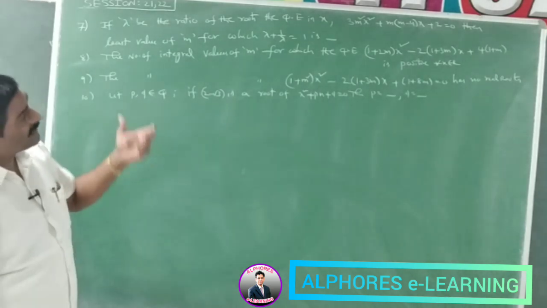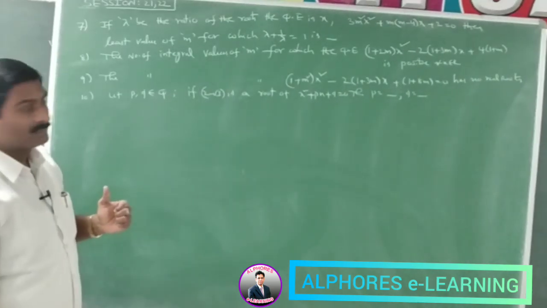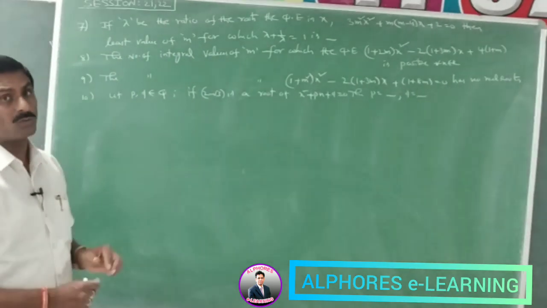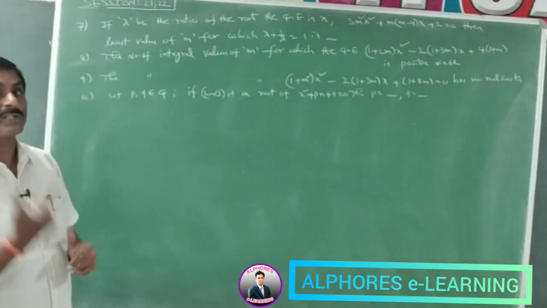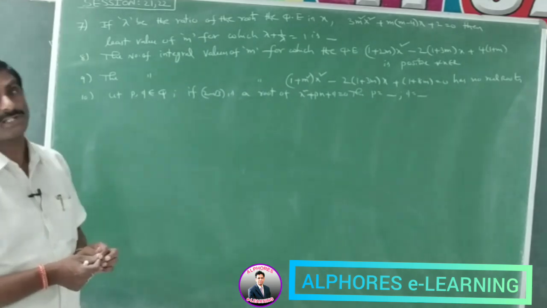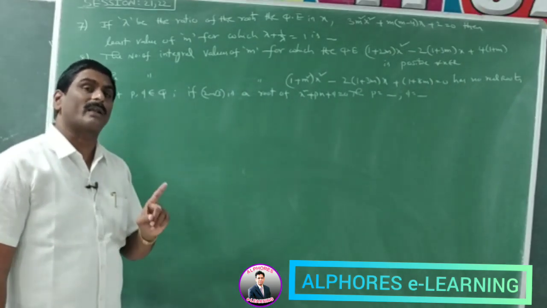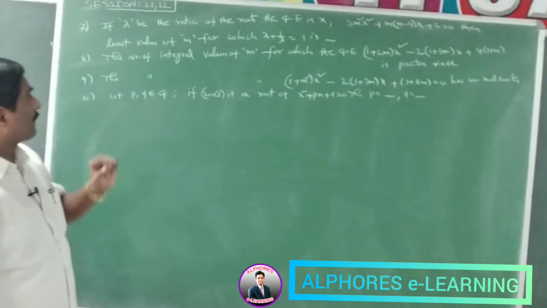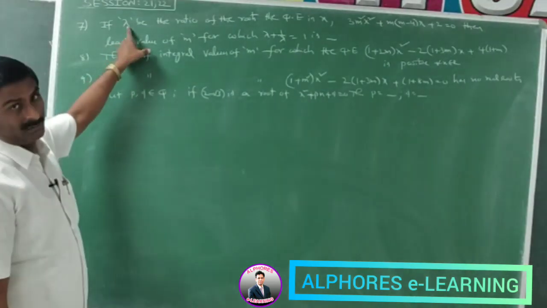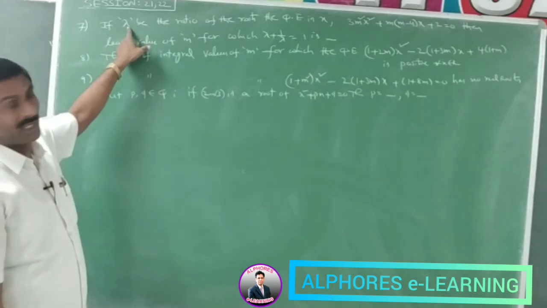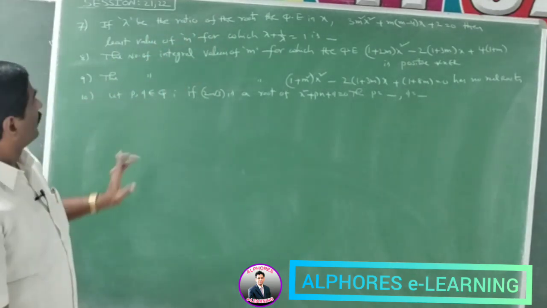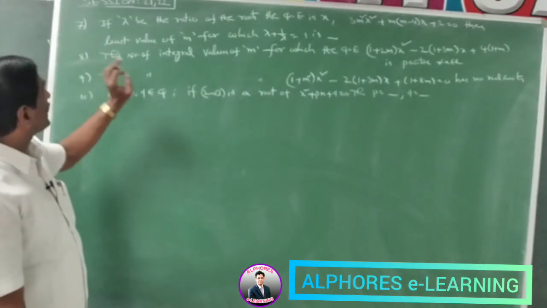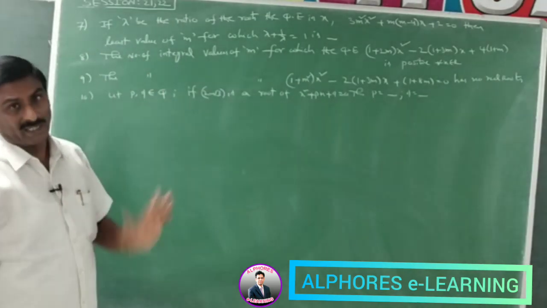In this case, a quadratic equation is given and lambda is the ratio of the roots. If the ratio of the roots alpha is to beta is equal to m is to n, what is the condition in the quadratic equation? (m plus n) whole square by mn is equal to b square by ac. Here m is to n is equal to lambda, that means lambda is to 1. Quadratic equation is given. If lambda plus 1 by lambda is equal to 1, what is the least possible value of m? That is the question.